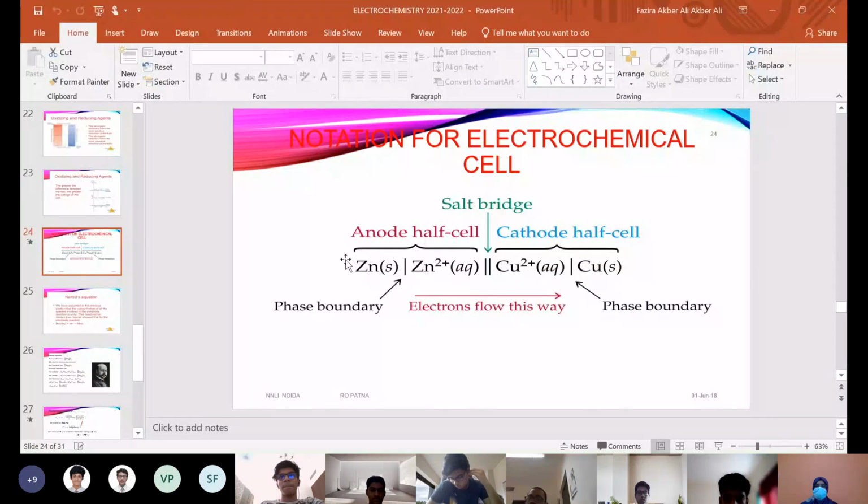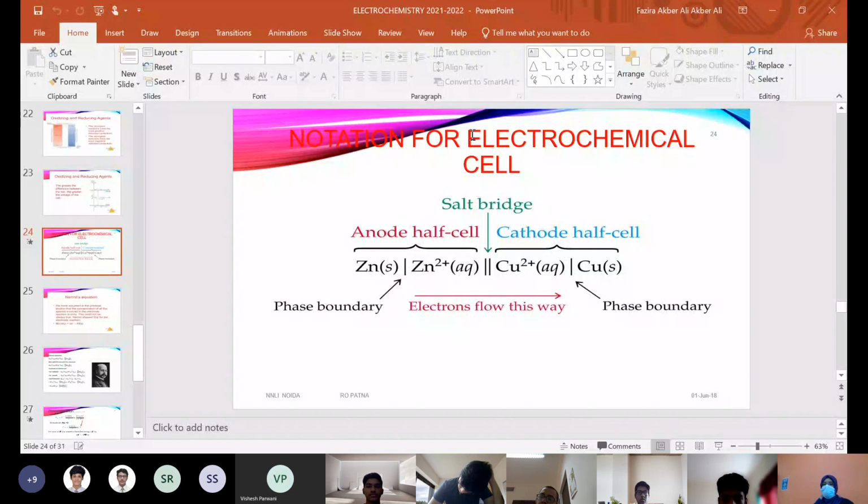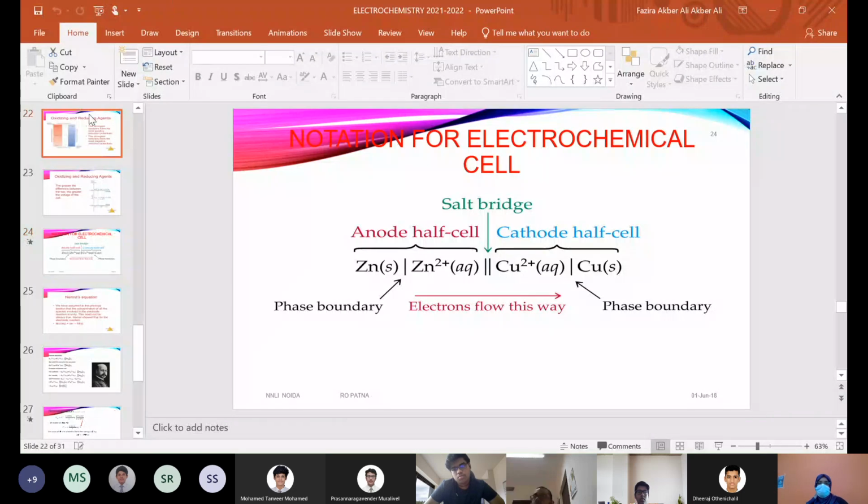So we just discussed oxidizing and reducing agents yesterday, and how you can identify their reducing and oxidation ability based on their electrode potential values. We discussed oxidizing and reducing agents in the redox reaction chapter, but here, along with electrochemistry, you can identify the ability of a substance to undergo reduction or oxidation based on its electrode potential. That's what we basically looked at.